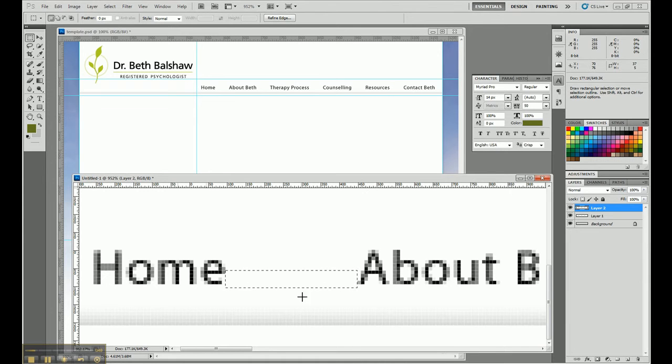So approximately 19 pixels through here, or 20, is the place where you want to draw your line. So we'll do 19. Now I've got my little box here,